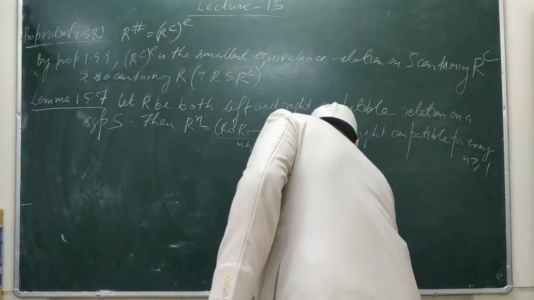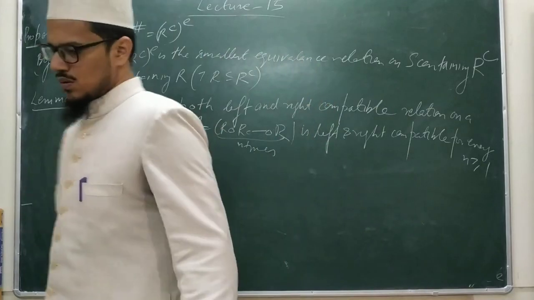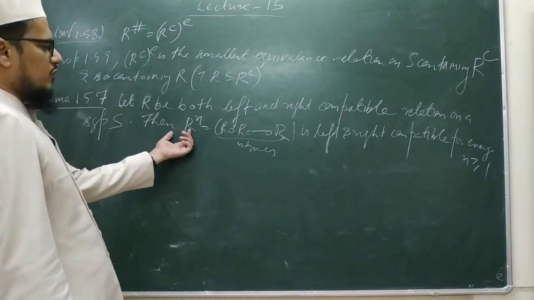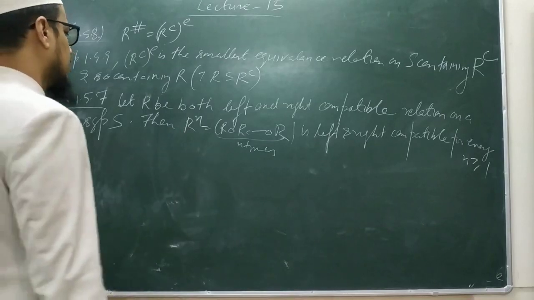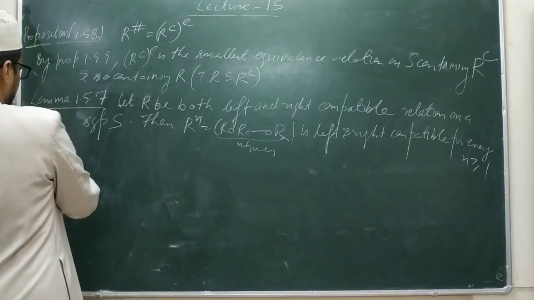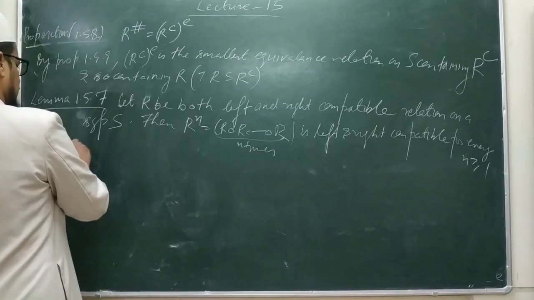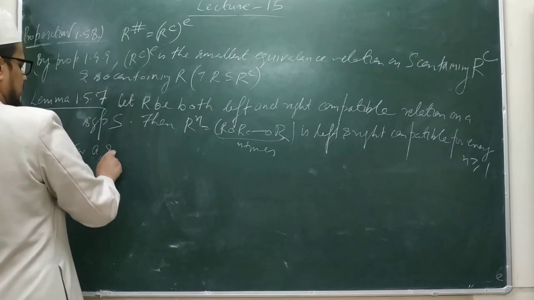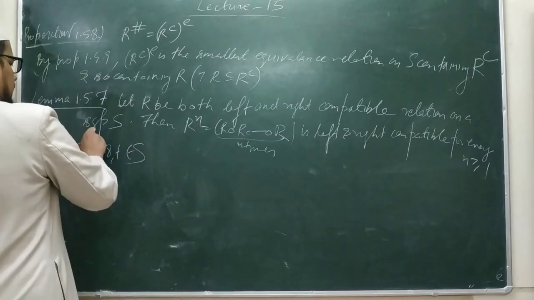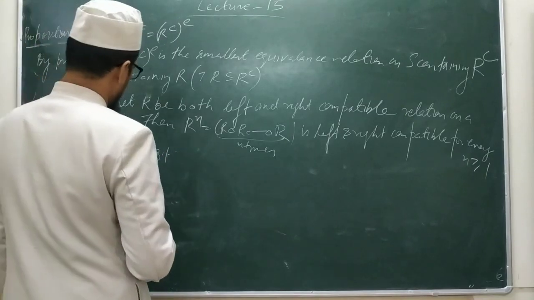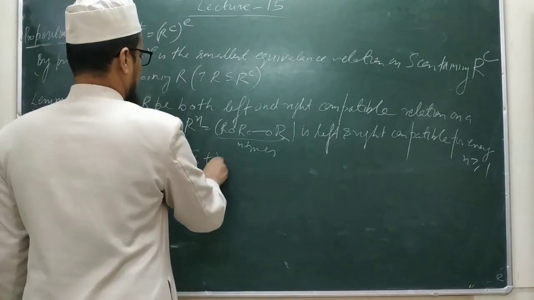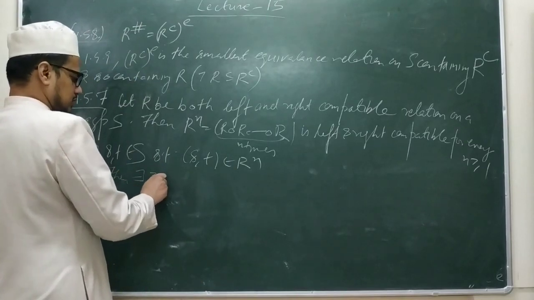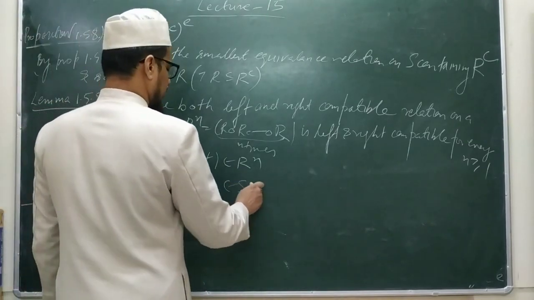So for this we have to prove R^n is left compatible and right compatible. So we take an element here. For any A, S, T belonging to S such that (S, T) belongs to R^n, then there exist Z1, Z2, ..., Z(n-1) belonging to S, such that